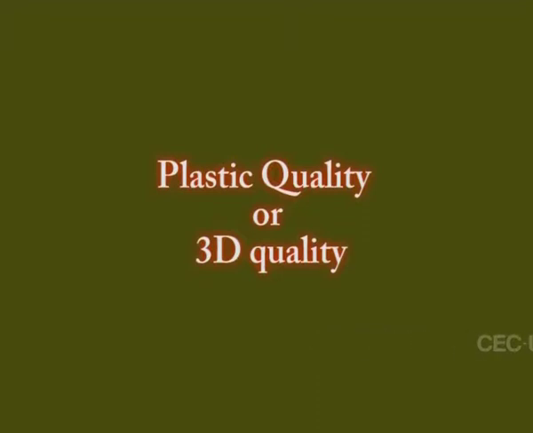Plastic quality or 3D quality. Finally, let us deal with bringing out the plastic quality with the revelation of forms in 3 dimensions. Theatre is a mobile 3-dimensional art form. To reveal the plastic quality of objects or actors, to bring out the roundness and depth, it is imperative to suggest contrast between light and shade. This is possible by using different tones